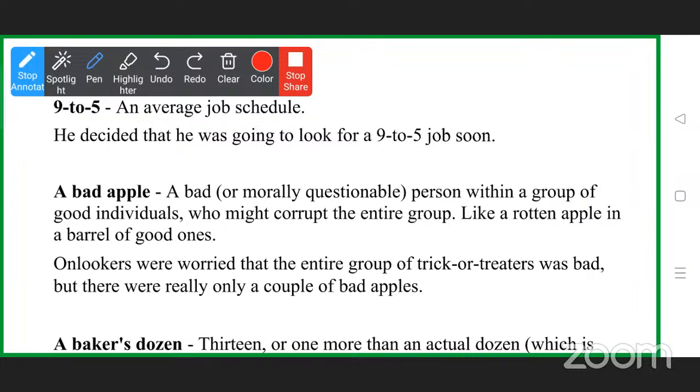So that person is a bad apple. So what is the example for the same? There's a very beautiful example. Onlookers are the ones who are watching. Onlookers were worried that the entire group of the trick or treaters was bad, but there were